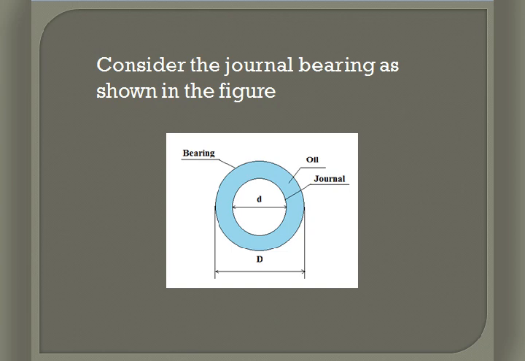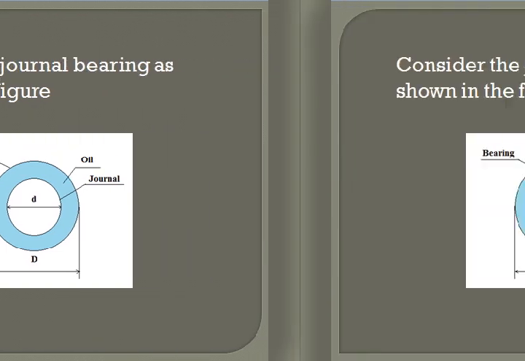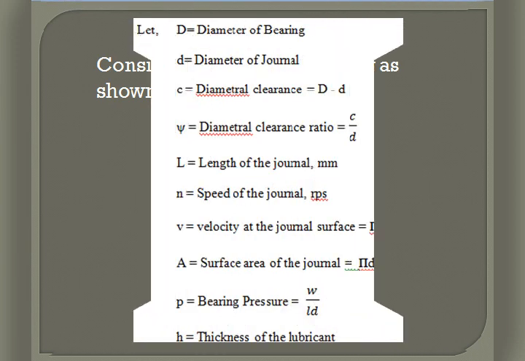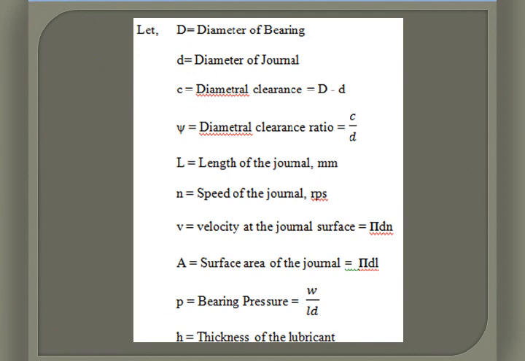Here the load is acting in a downward direction because the shaft will always take the load perpendicular. Generally the resisting force is acting in the opposite direction to the downward load. The indication here is R, and C is nothing but clearance, which we will study in the next picture.